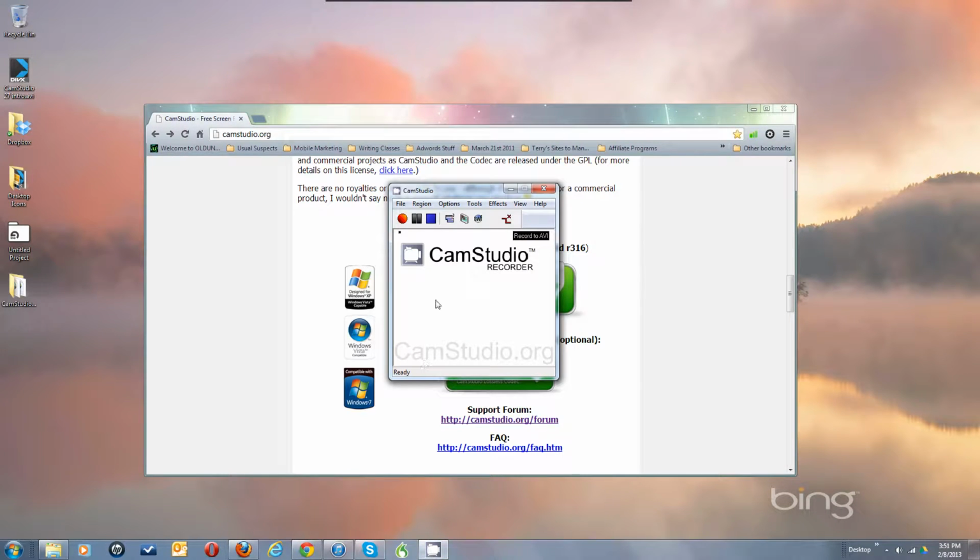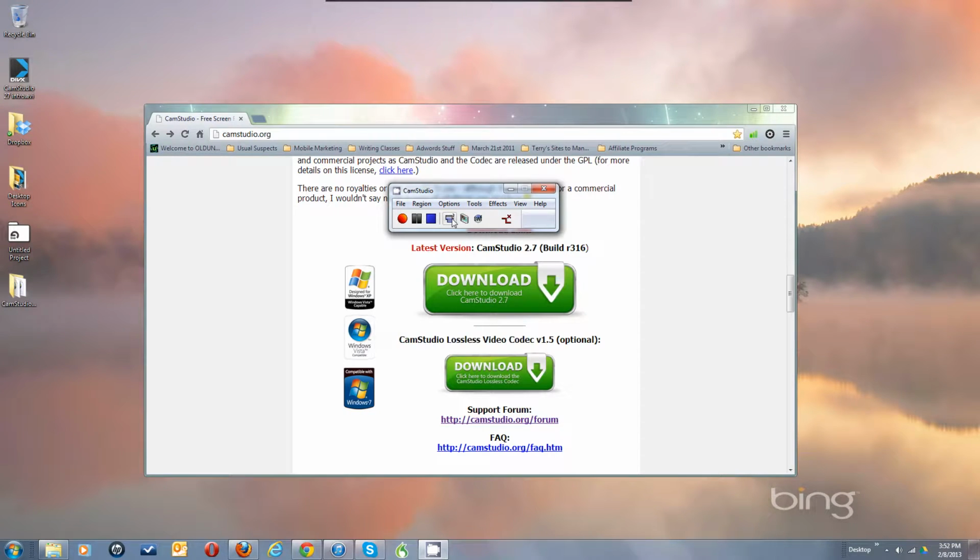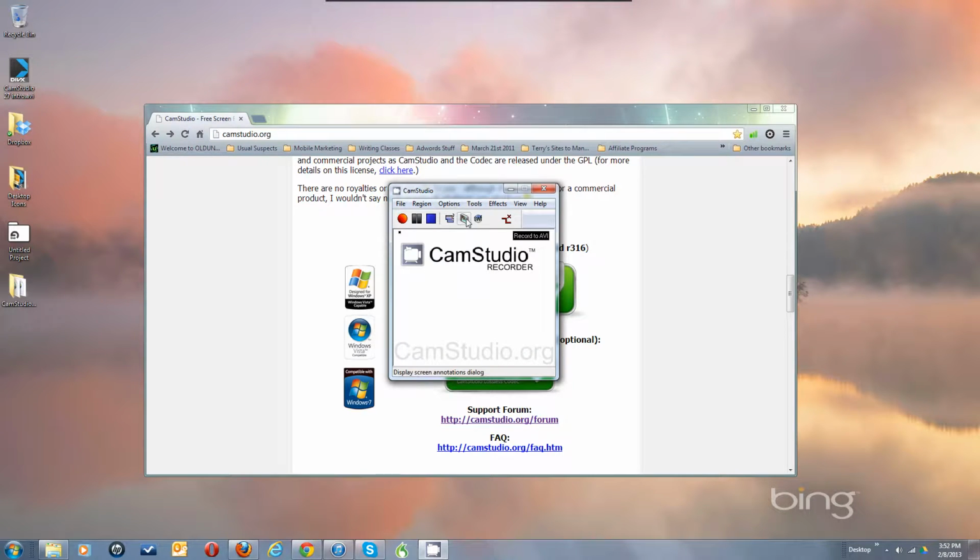Let's go through the settings that you're going to need to make it work. Okay. So right away, under File, you've got Record, Pause, Stop, and Exit. It's all that's under the File thing. Those are reflected in these buttons: Record, Pause, Stop. Okay. And Exit, of course, is the X button. These buttons in here let you switch modes, so you can change the view so that you see less of the CamStudio window. You can bring up the screen annotations dialog, which we're not going to go into in this video,